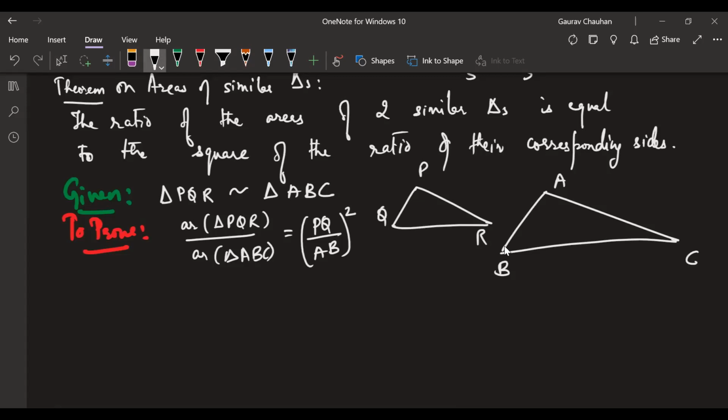You can choose any one of the sides to construct the altitude. I'll make the simplest one, which is very clear looking for us. I'm making this as the altitude, PN and AM. Okay, we feeling good? Now this construction came logically to us, right? The altitude or the height, because we need it for the area formula.